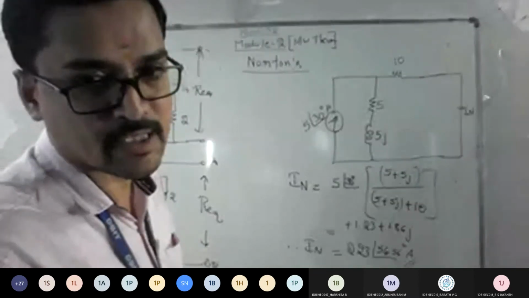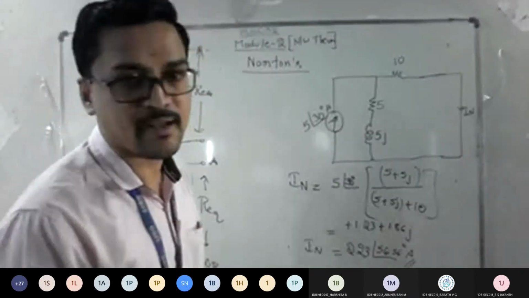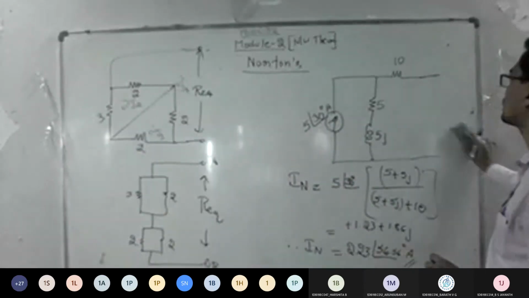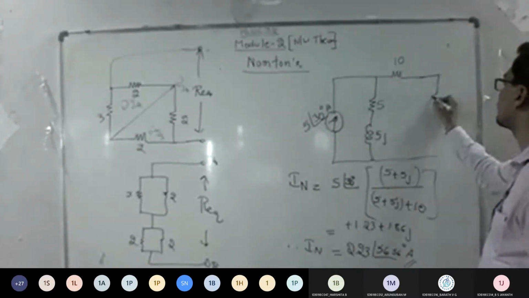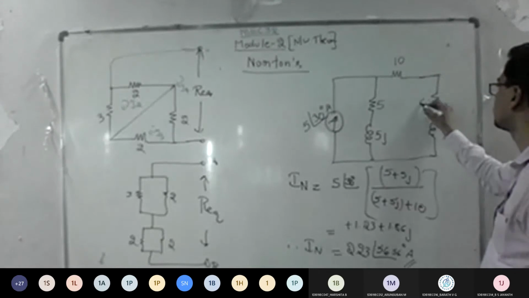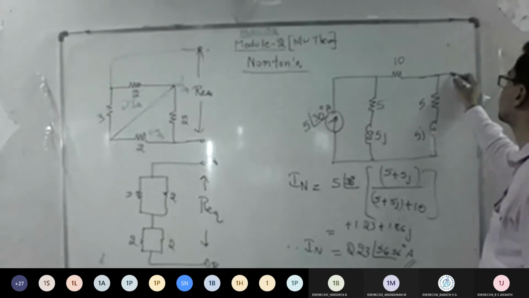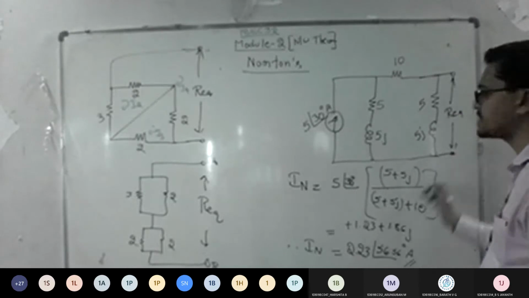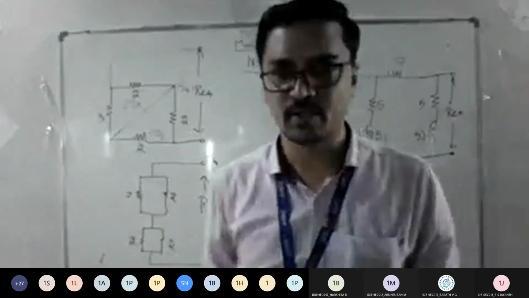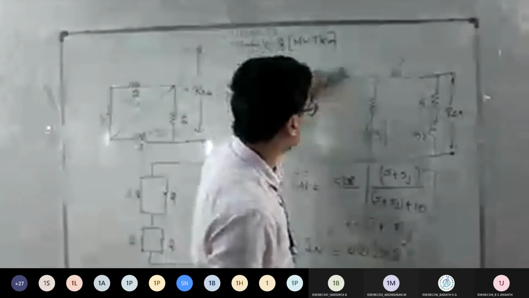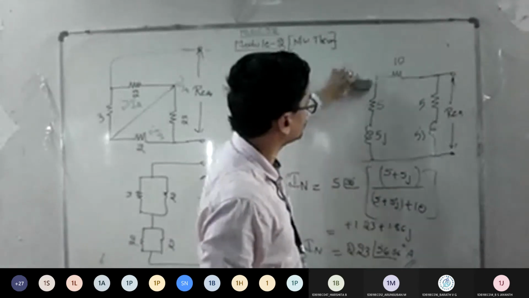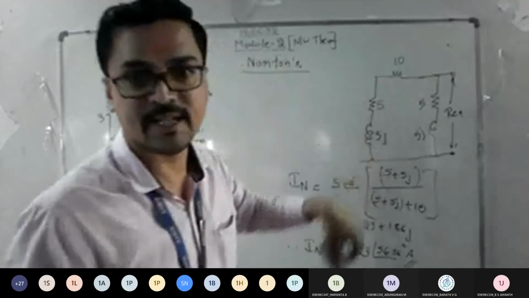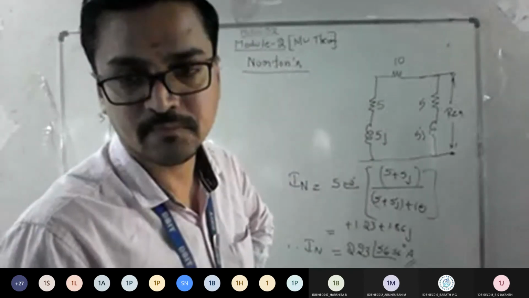So once you got this, what is the next step? I need to find my R equivalent. To find R equivalent, replace back your original circuit now. So it was 5J, and this is a junction where I should find my R equivalent. The logic remains the same: current source, open circuit; voltage source, short circuit. So this becomes an open path now. If this becomes an open path, this 5 and 10 become series. Yes or no?